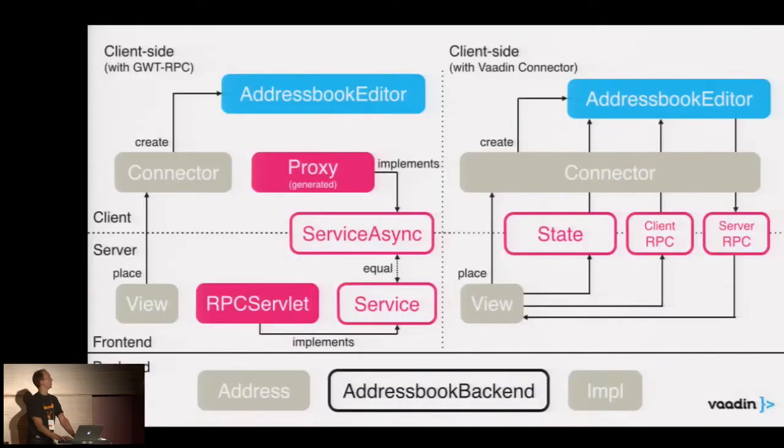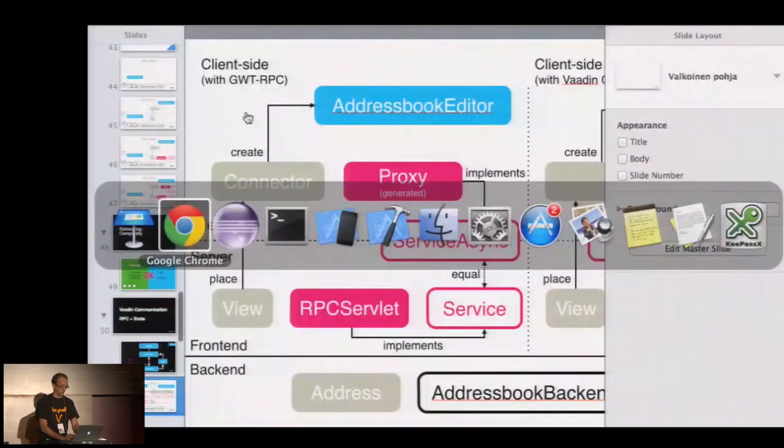If you look at the architecture diagram, it looks just as complex as with GWT RPC. It's just that more or less the arrows go to different places. So we still need the same view and the same connector to get this address book editor into the application. But then instead of having this custom servlet and the service interface, we have 2 RPC interfaces, one for each direction, client to server, server to client. And then we have the shared state for the address book editor, which we can use to send address data. So if we look at the code for this one,